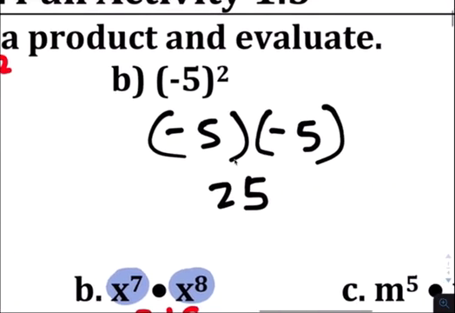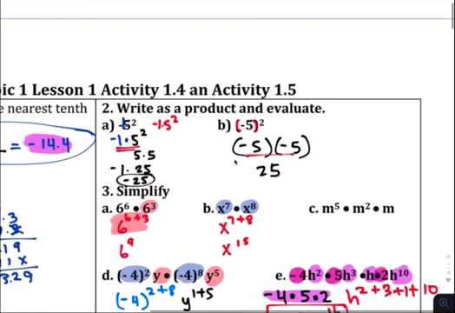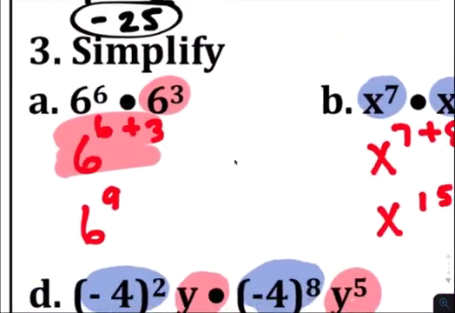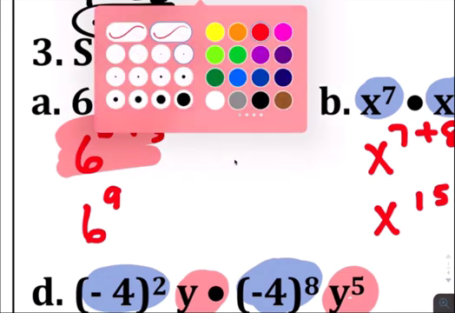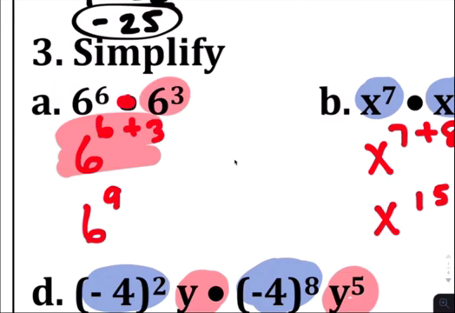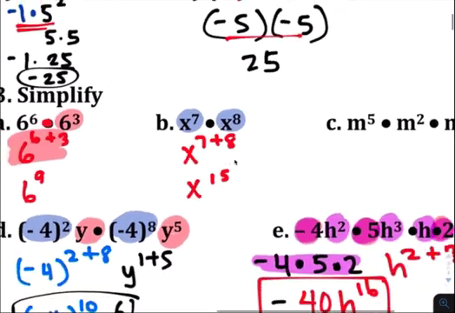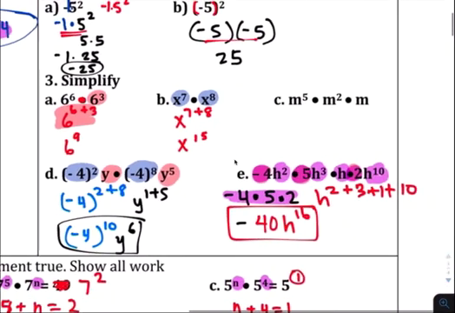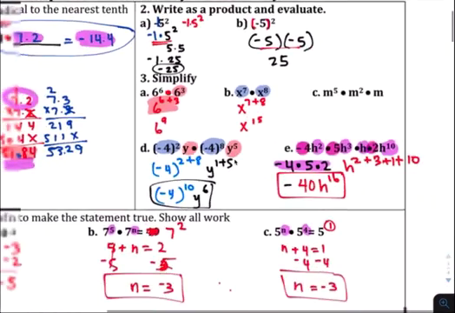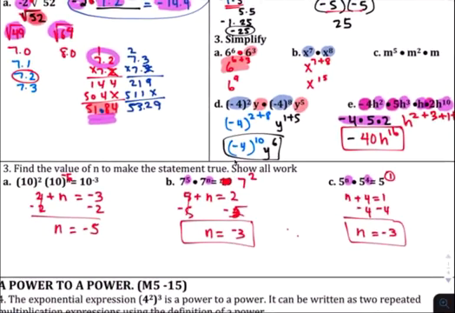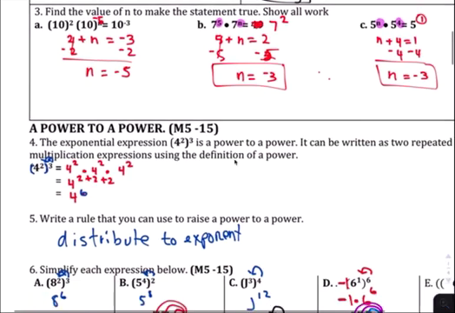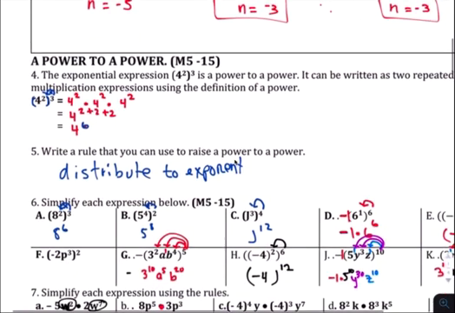If it's -5 squared with parentheses, then it's -5 times -5, which is 25. And then, of course, you need to remember that when you are multiplying, you add the exponents, and these are what you do, okay, for here. And then in most classes we finish 3A, B, and C, and then all the classes we finish